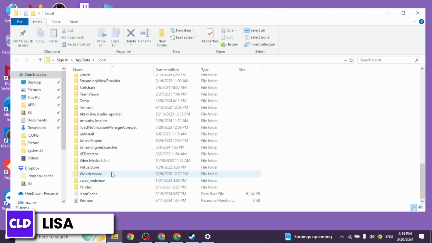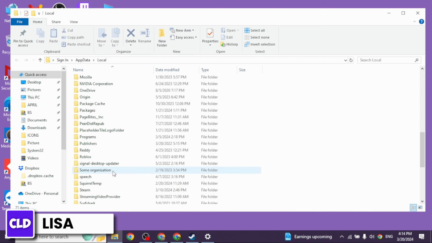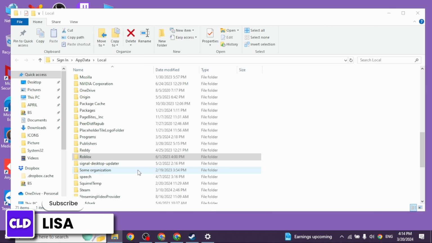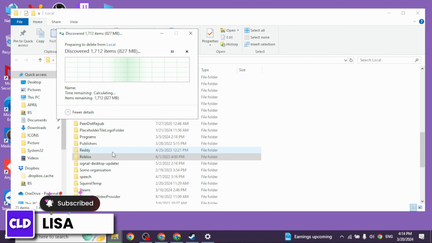Now over here, you're gonna find different files. Head towards the file Roblox. Once you find it, you have to delete it. Right click on the file Roblox. Different options will appear. Go ahead and click on the option of delete. After you delete this file, your problem will be fixed. Applying all these solutions, your problem will